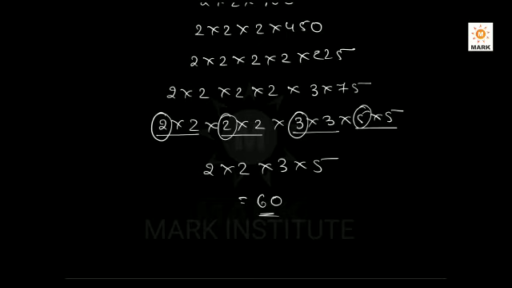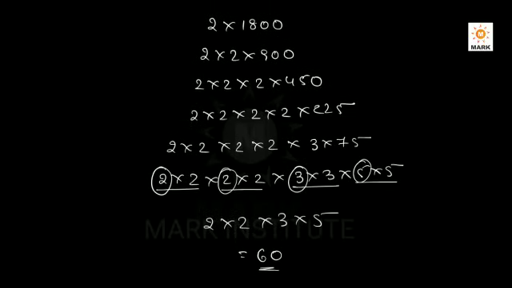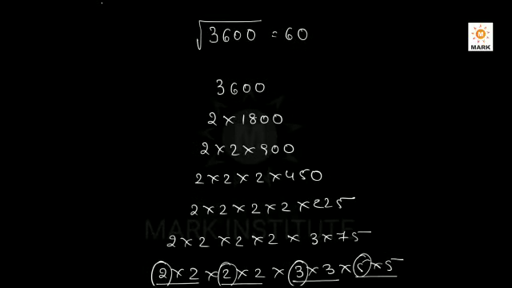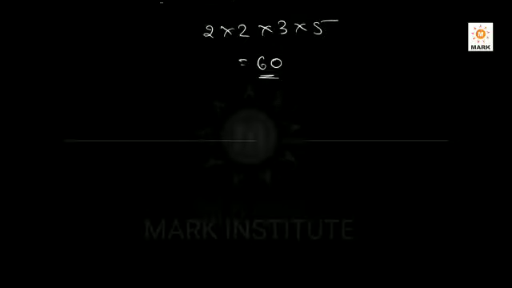So like this, this is the procedure to find the square root of a perfect square number by using the prime factorization method. So let us try with some small numbers. Suppose, my dear friends, here we will take one more example. I am taking a number called